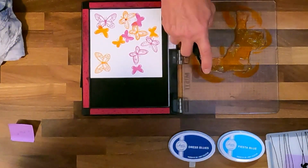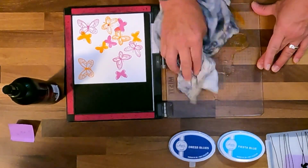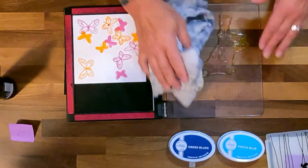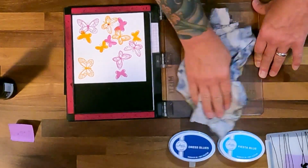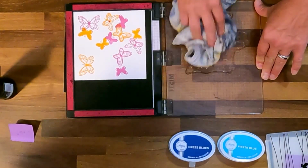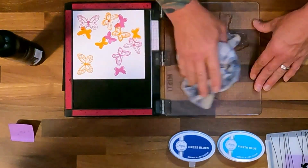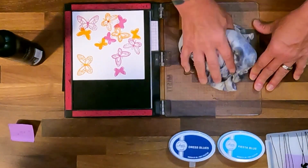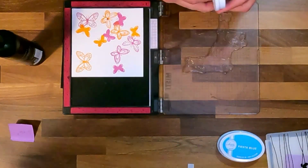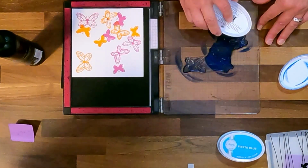and then clean your stamp. I could not find my chamois before I started recording, so I'm just using my rag with alcohol. So I'm just wiping this with alcohol because it'll dry quicker. But yeah, I don't know if I even dug through the garbage. I'm not sure if I threw my chamois away or what happened. I was setting up some new video equipment and I might have thrown it away on the table, but hopefully